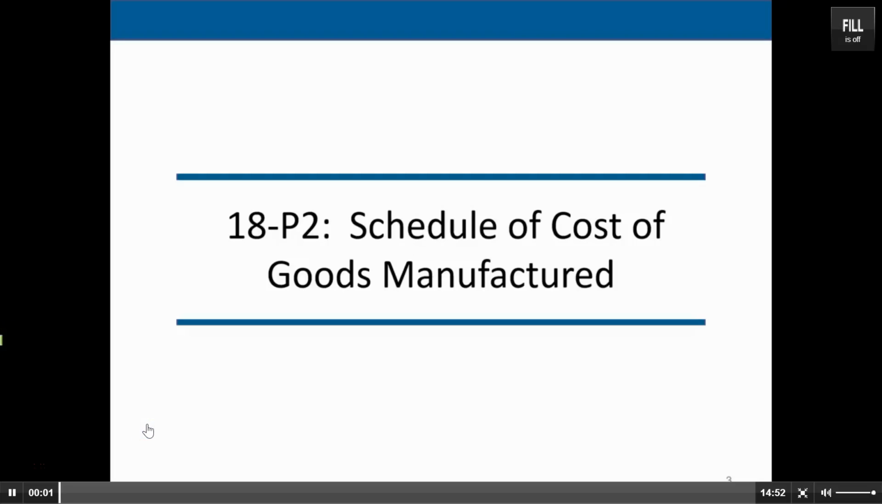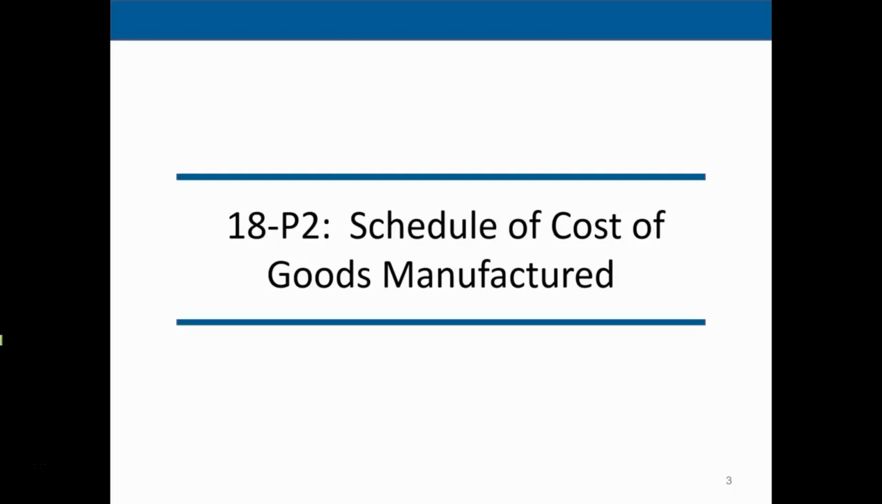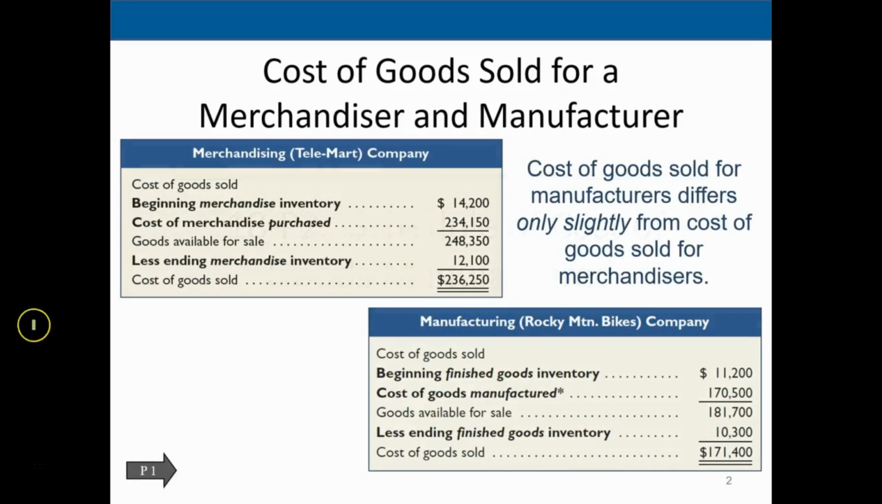Hello, in this lecture we will continue on Chapter 18, starting with the schedule of cost of goods manufactured. So before we go forward with the cost of goods manufactured, I want to take one quick step back to the cost of goods sold because the two are related. So you remember we have the cost of goods sold calculation in a merchandising and a manufacturing company being very similar. We start off with the beginning balance in finished goods for manufacturing versus the beginning balance inventory for merchandising,